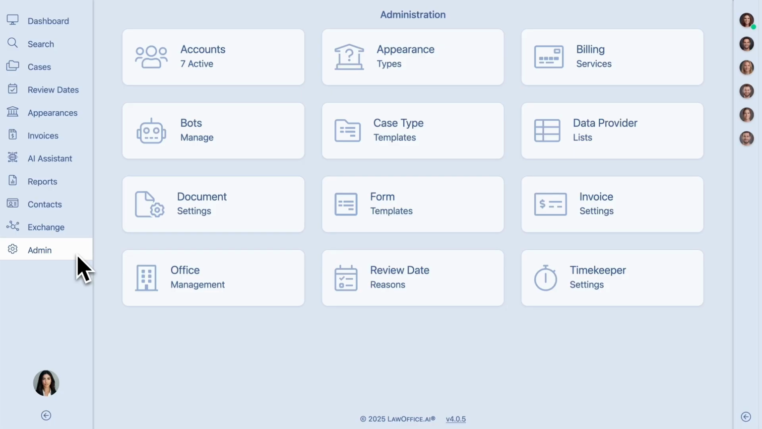The next section in the admin is form templates. These templates function much like the case type templates when it comes to building out a layout. The primary difference is that form templates are specifically designed to create individual forms. These forms can be filled out manually by users or automatically through the use of bots, offering flexibility and efficiency